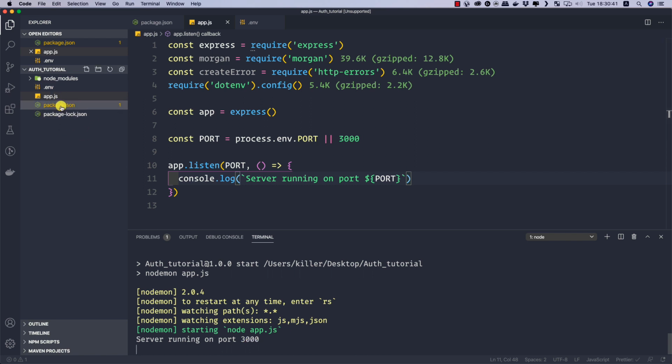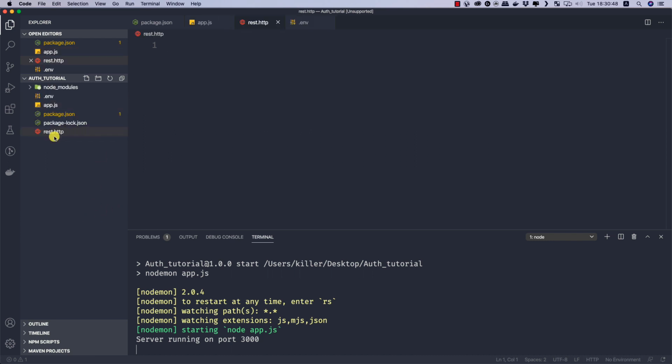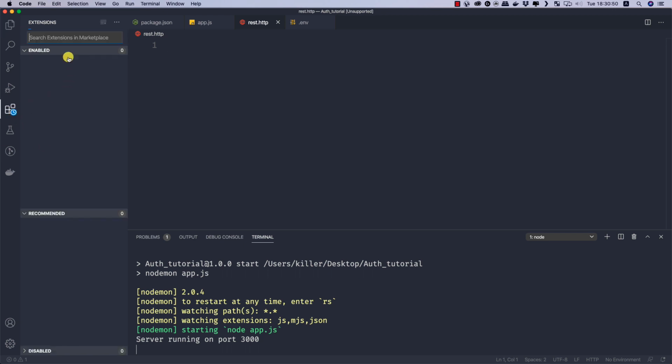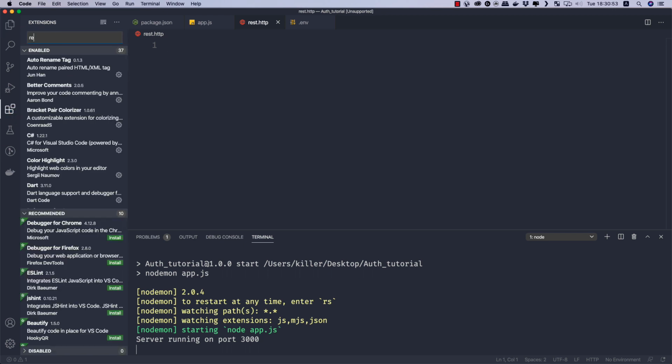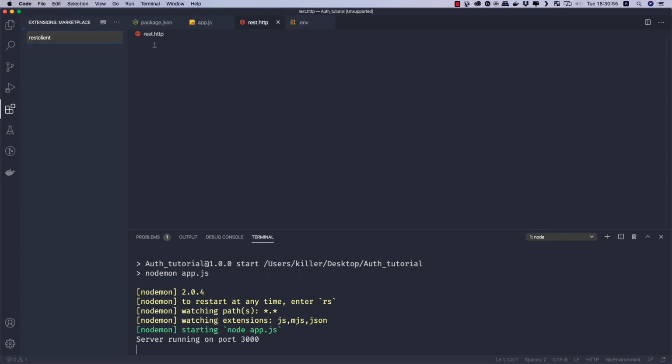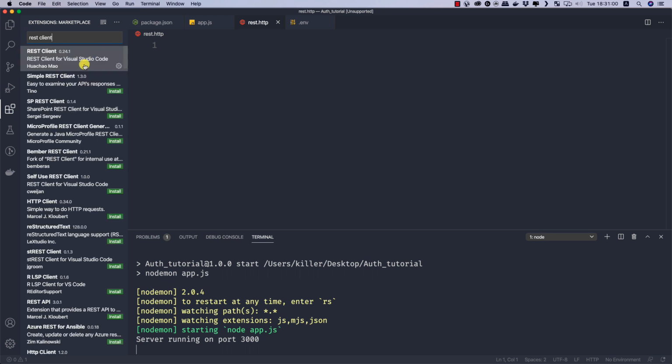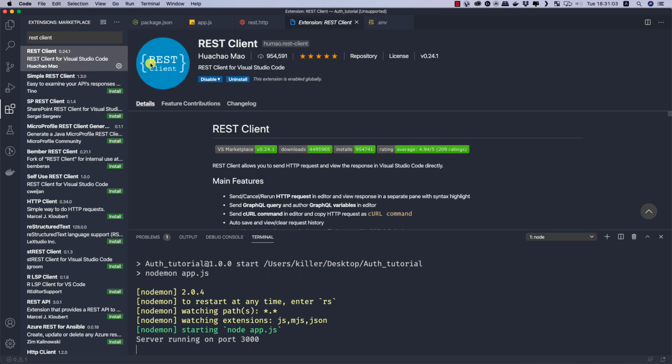So now let me create a new file here that is called rest.http like this. And why I'm using this file is because I'm using an extension here inside VS Code that is called REST Client. So let me show it to you first. So why is it not popping up? Because it should be REST space Client. Yes, that is it. So this is the package which I am going to use because it makes it easy for us to do API requests from inside VS Code itself. We do not have to use any other package like Postman or something else. We can simply make requests from VS Code itself.